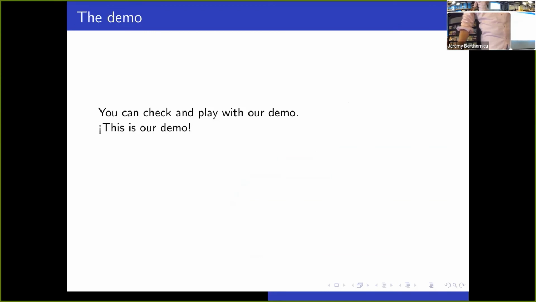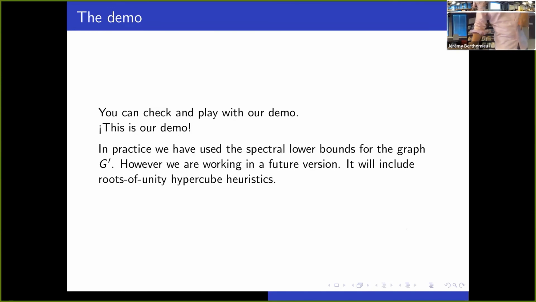You can check and play with our demo if you want. I can send you the slides and you can click here, and here is our demo. It's a little bit slow at this moment. In practice, we have used the spectral lower bounds for this quotient graph. However, we are working on a future version, and it will include the roots of unity hypercube heuristics and our other results